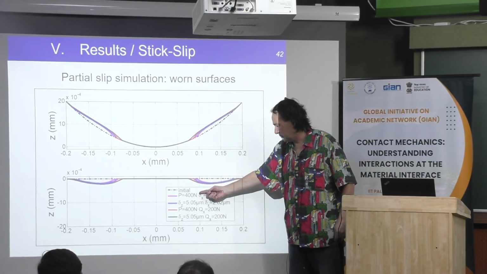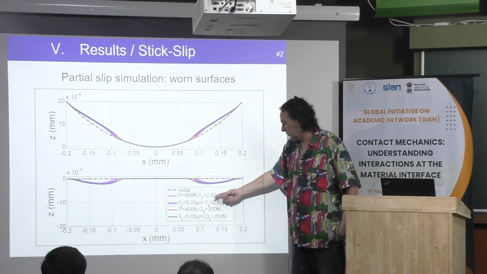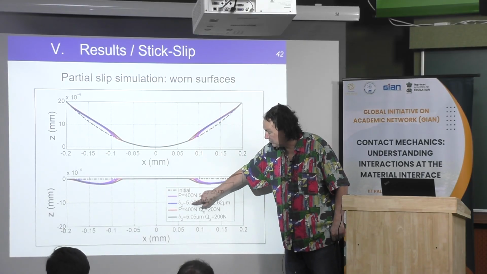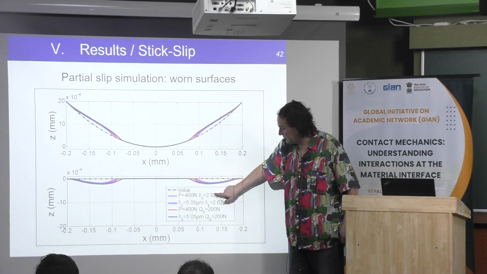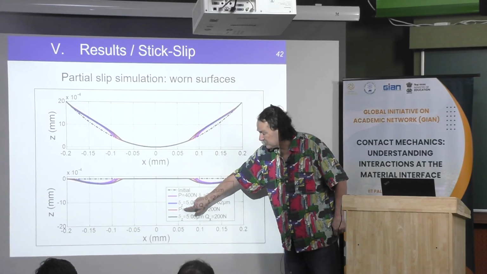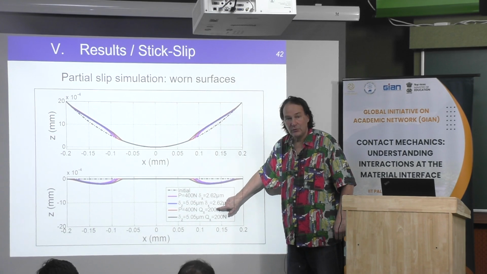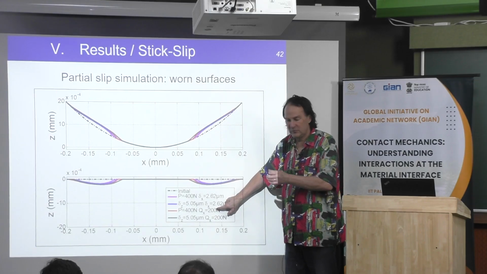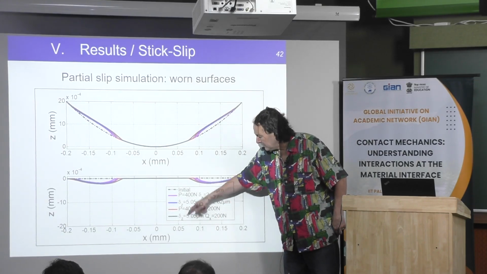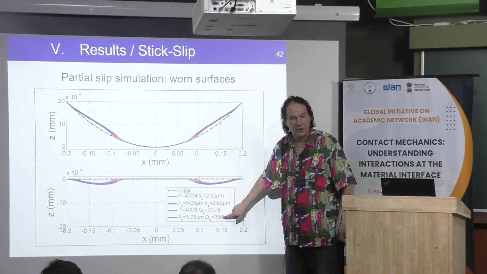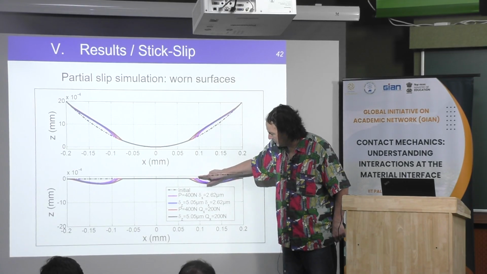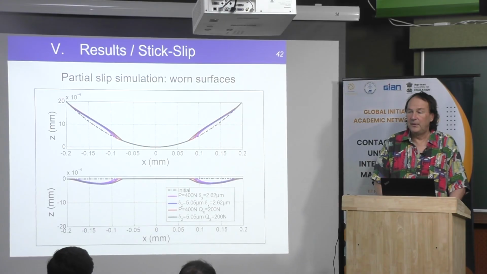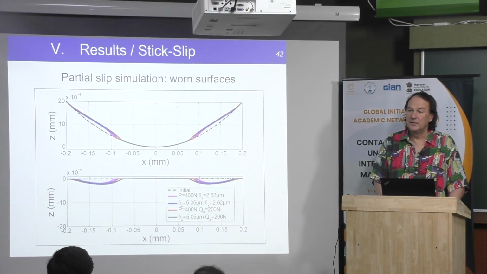Okay, here we impose a normal load. We impose a tangential displacement. Here we impose a normal displacement, which corresponds in fact to 400 Newton. And we still impose the same tangential displacement. Here we impose both a normal load and a tangential load, which is possible because we are in partial slip. Then there is no big movement. And here we impose a normal displacement and a tangential load. Okay, just to say that the wear is only localized at the border of the contact, like that. Like we are doing the experiment in the simulation.